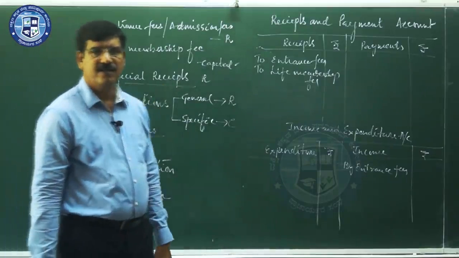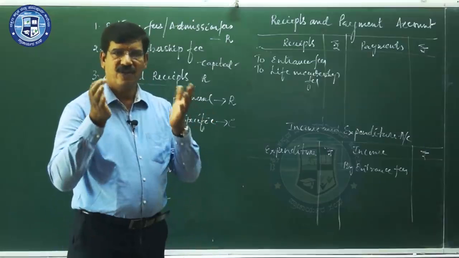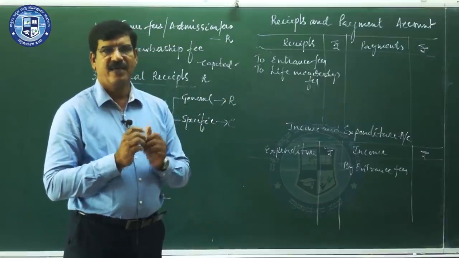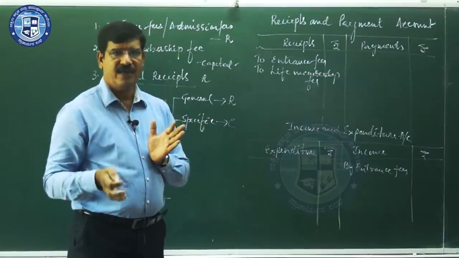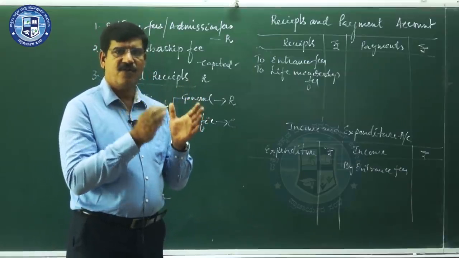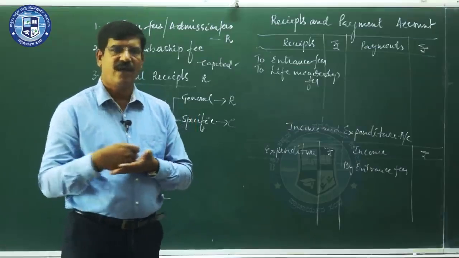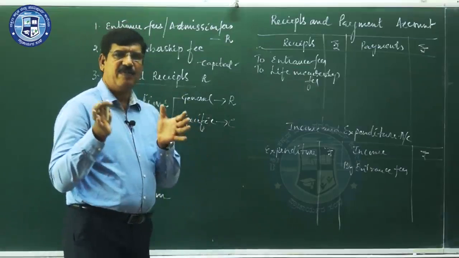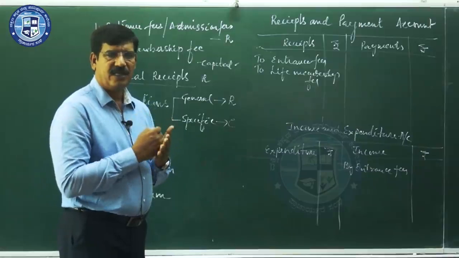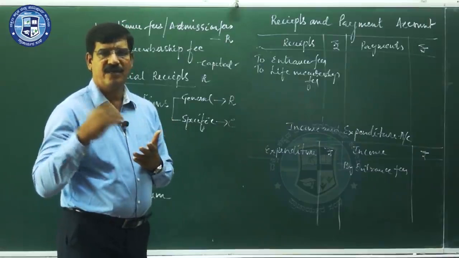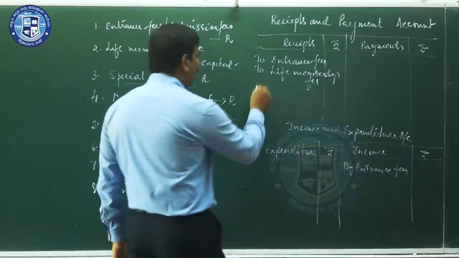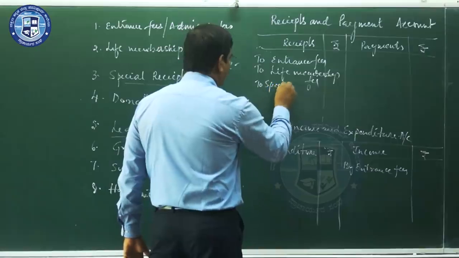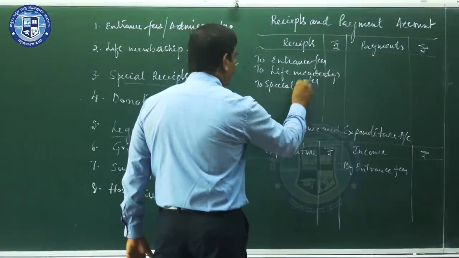Special receipts are the receipts received for a special purpose. Like the members, they may contribute for an annual dinner, and any contribution received in such form is recorded in a separate account called receipts for annual dinner account. So whenever there are such receipts, they are recorded as special receipts,